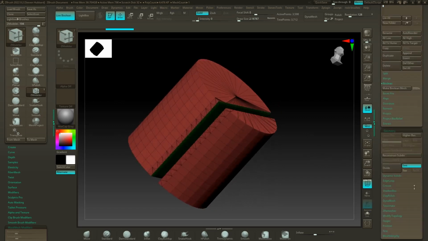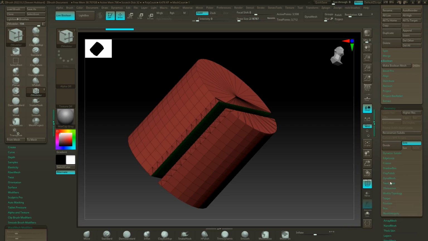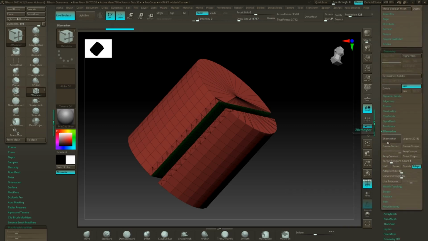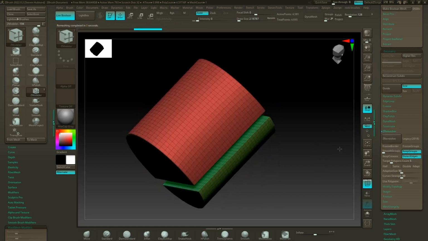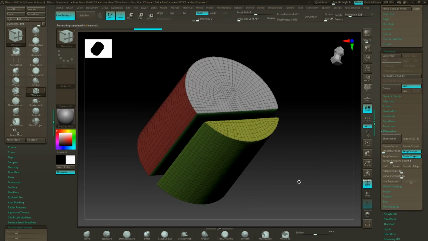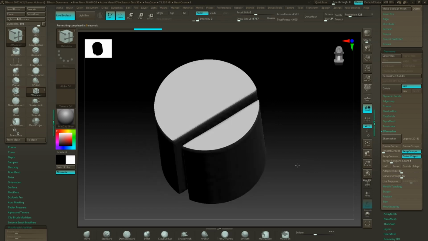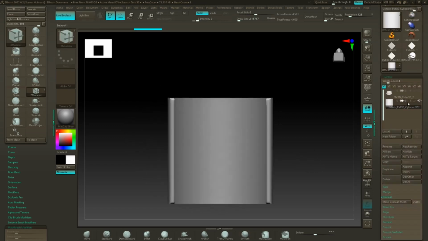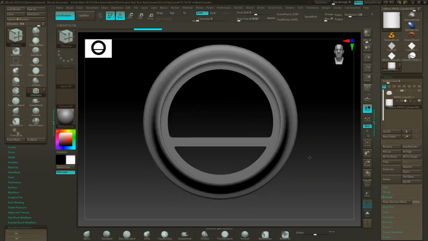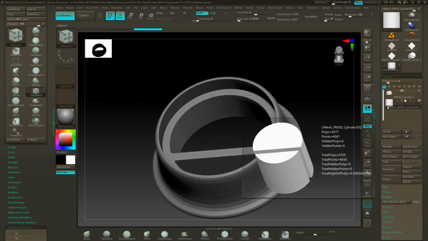polyframe. I'm just going to ZRemesh this really quick just to get a little bit better geometry. So I'm going to do keep groups, turn off adapt, smooth groups down to 0, and detect edges and ZRemesh and see what we get. Perfect. That works. So now when we subdivide this, we get a nice smooth mesh, which fits exactly what we want. So I'm going to set this to subtract, bring back our other object, and there we go. We have our